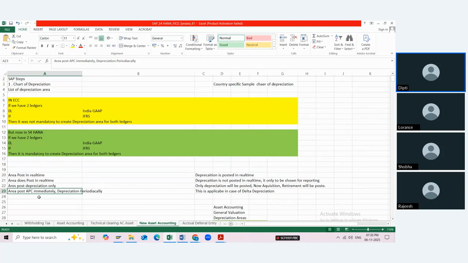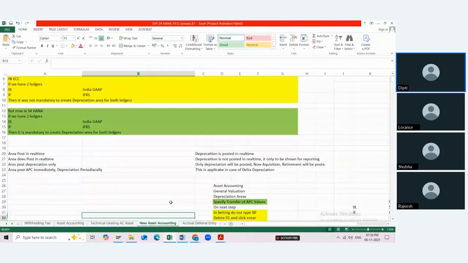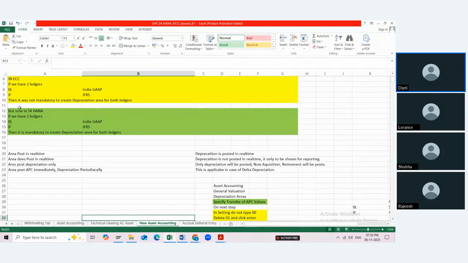Area post APC immediately. APC stands for acquisition and production cost. That is the amount of the asset that you purchased. That is your APC cost. So area post APC immediately and depreciation periodically means your depreciation will get posted once it is calculated. So what is the fourth option? This fourth option means now the depreciation for both IFRS as well as